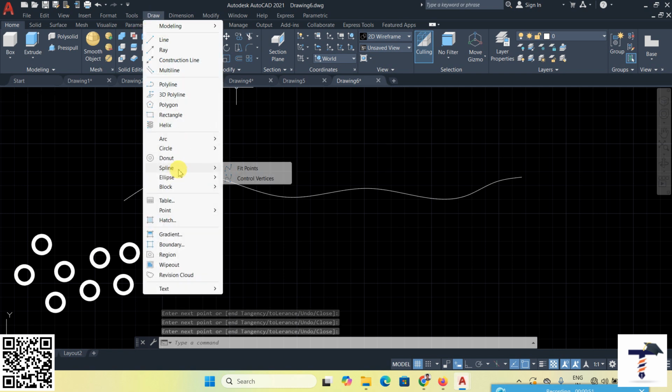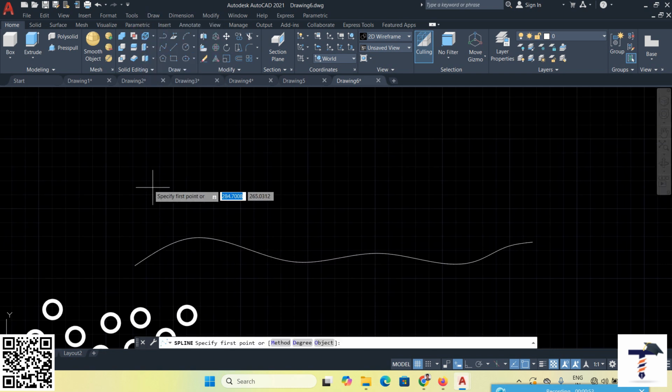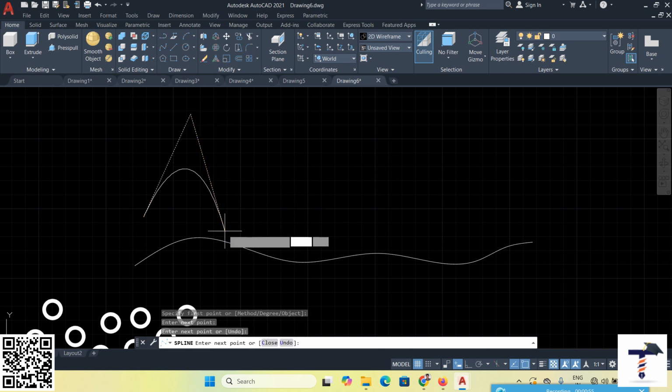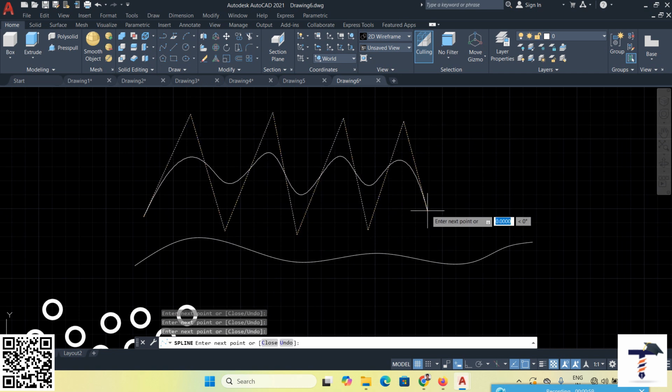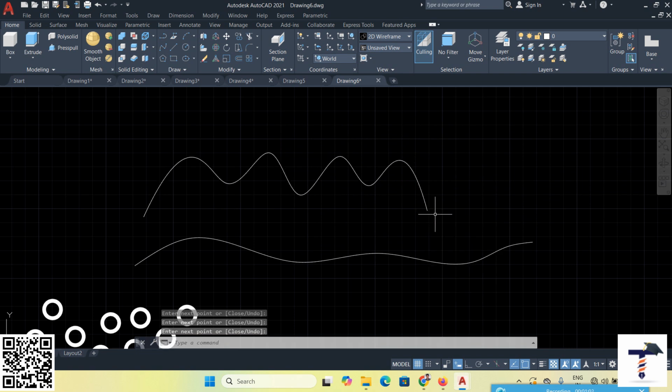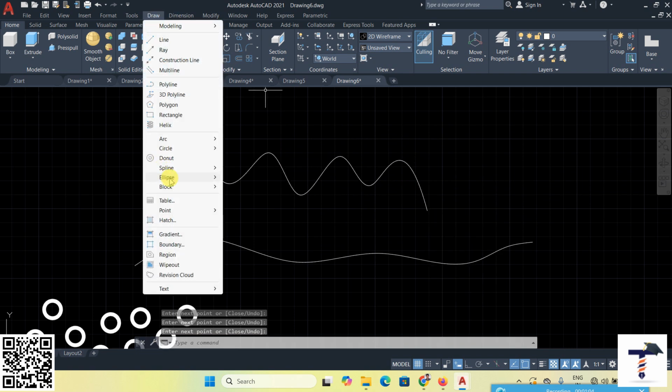Then also control vertex. Just click here. Okay, so that is the control vertex. Now right click, enter. So that is the control vertex. Next,